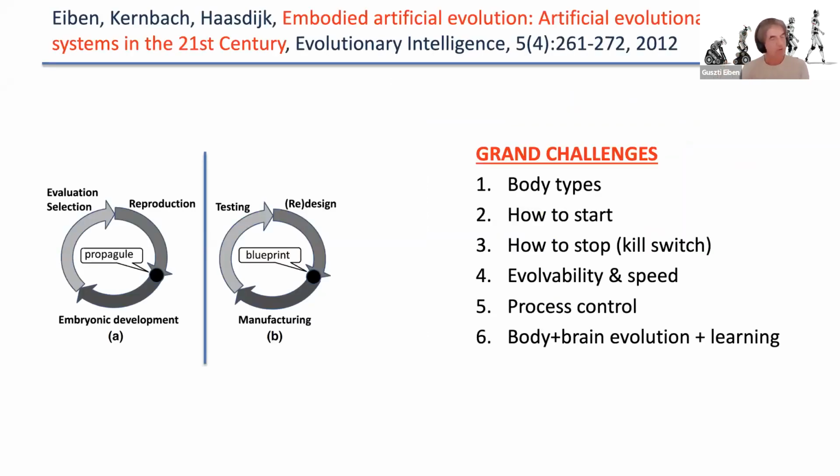So there were things and thoughts and papers touching upon this from different perspectives, but one of perhaps what Andy called a seminal paper is from 2012, which outlined the future of artificial evolutionary systems in the 21st century, postulating that it will be embodied, and observed a deep relationship between evolution as we know it, and that's the circle on the left-hand side, starting with a propagule or zygote, contrasted to a blueprint or body plan for some artifact, and the following a cycle which has basically the